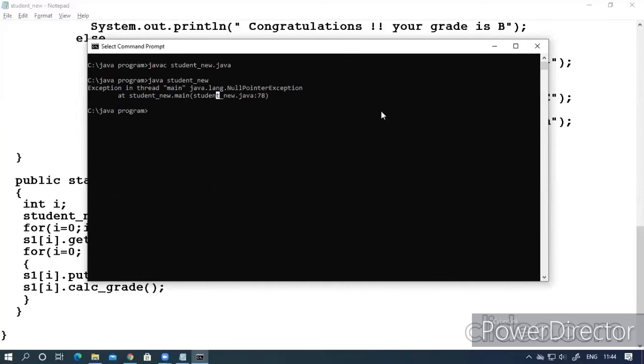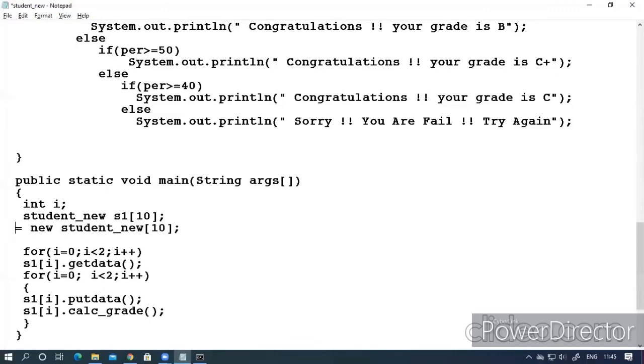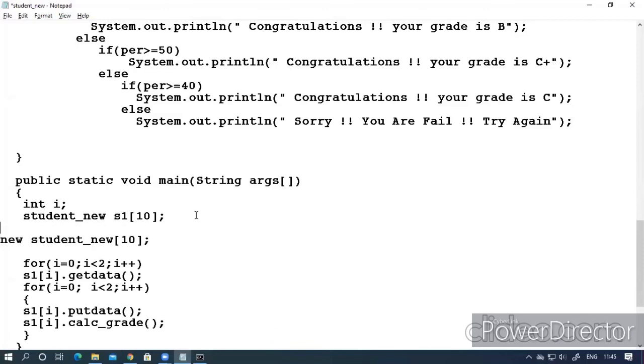There is a null pointer exception, so I have to check. Actually, this error is because we are declaring the object array, but we are not initializing all the elements. As we know in Java, all the objects should get memory using the default constructor. I had not called it, that's why it gave me an error.